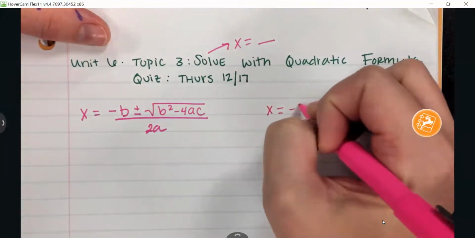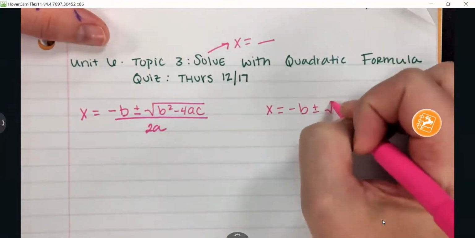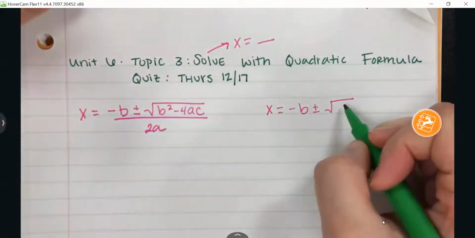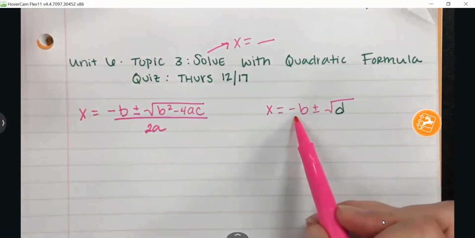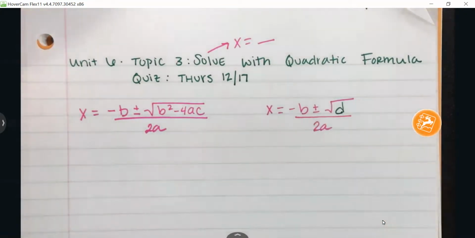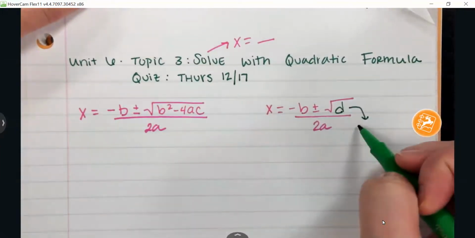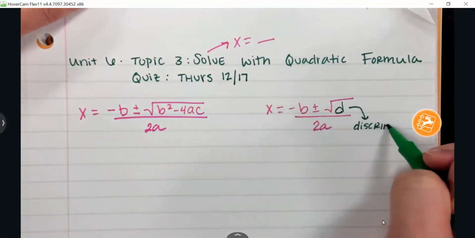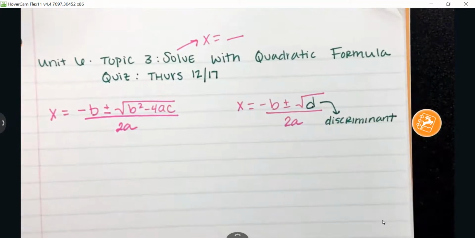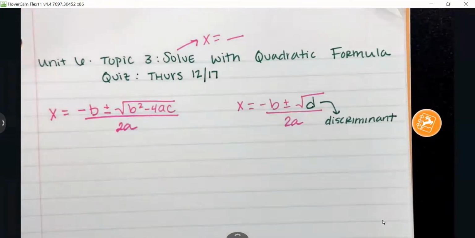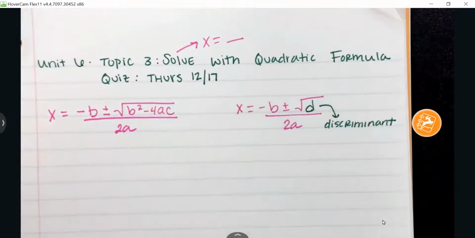So if you do the steps I show you, it'll make your life easier, but you could also write it like this: negative b plus or minus the square root of the discriminant all over 2a, because the discriminant we're going to solve for first. Discriminant. Okay? And since it's an x equals, these are solutions on my